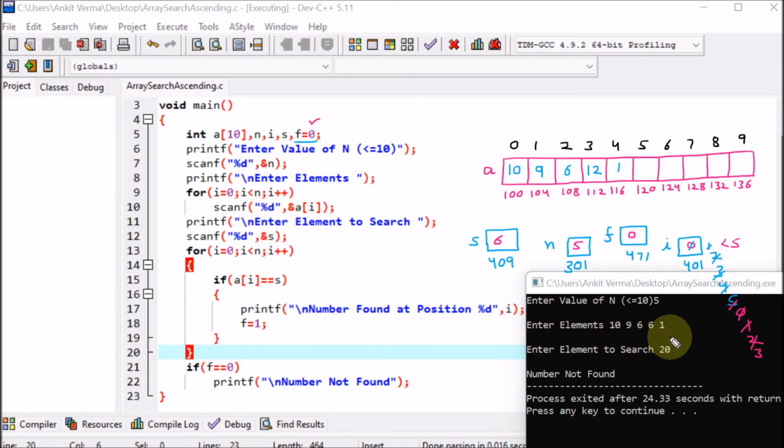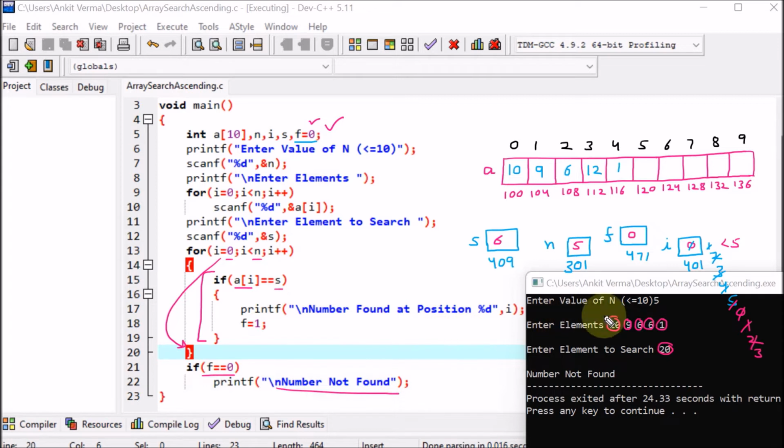Here we have given the value 20. The for loop works for 0 to 4, and all the elements are matched. 20 matched with 10, no. Then 9, no. Again 6, no. 6, no. 1, no. When the loop comes out, the value of f is still 0. So here we are saying number not found.